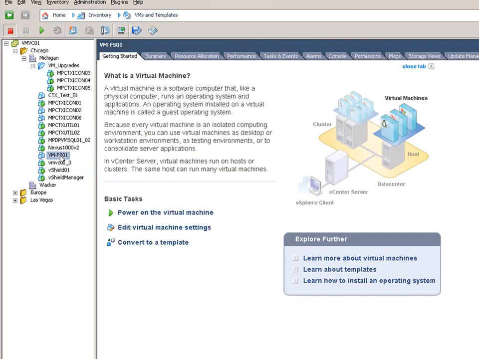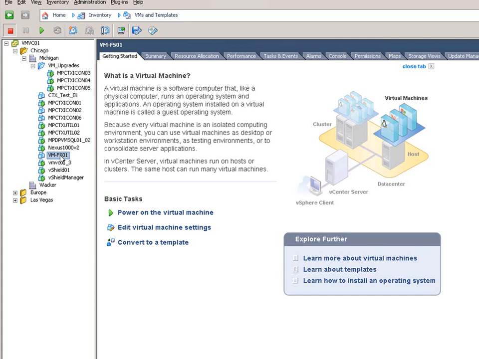Now let's talk a little bit about virtual appliances. What is a virtual appliance? You probably heard the term 1,000 times, but you don't know what a virtual appliance is. In very simple terms, virtual appliances are pre-configured virtual machines that vendors make available to you. So for example, I'll give you some examples. You have Citrix, for example. For those of you that are familiar with their products, they have the Access Gateway, which is sort of an